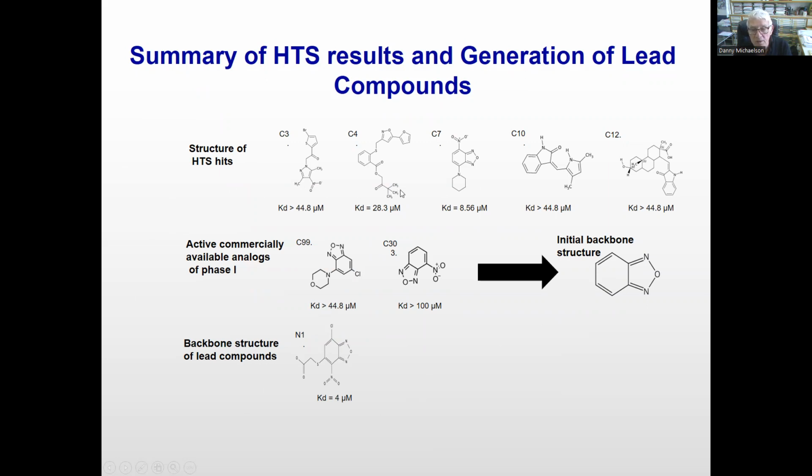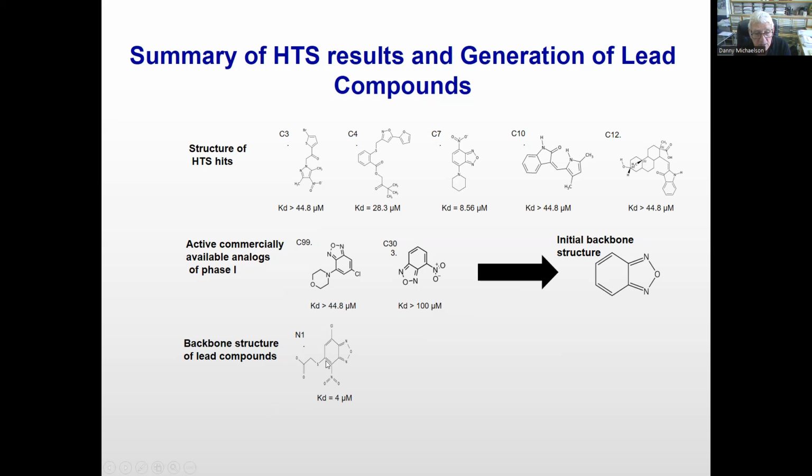And then when we looked at those molecules and focused on C7, which had the highest affinity and cholesterol efflux, we did some biomedical studies utilizing available analogs. The results shown here are from two such analogs that we received. Together with C7, that led to the idea that this could be an initial backbone. We continued to work around this backbone and found